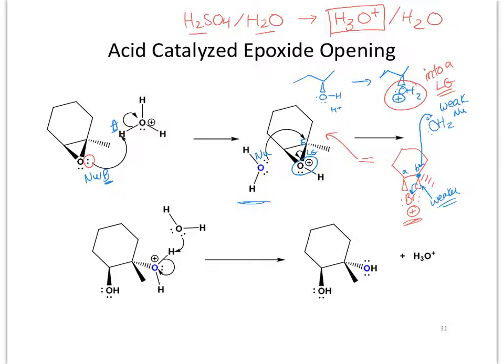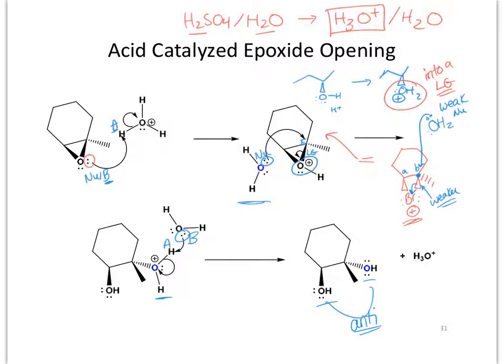Once my nucleophile attacks that carbon, though, I'm not done because I've made a bond here between the oxygen and the carbon, which results in a positive charge on this oxygen. And that's an easy fix, just like we did with the other alcohol chemistry. I'm going to bring in a weak base, in this case just more water, to deprotonate that acid and get me to my diol. So the two oxygens are on opposite sides. They are anti to each other